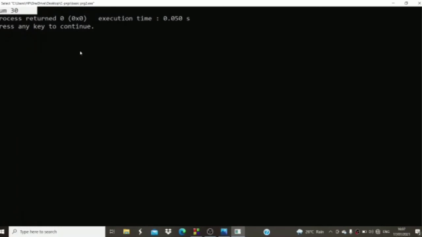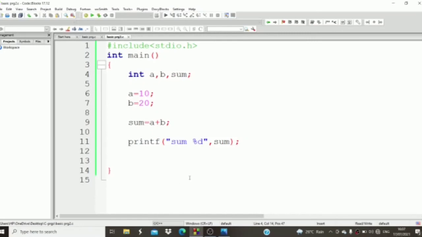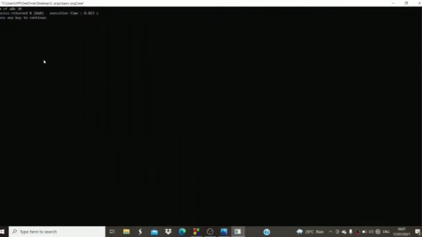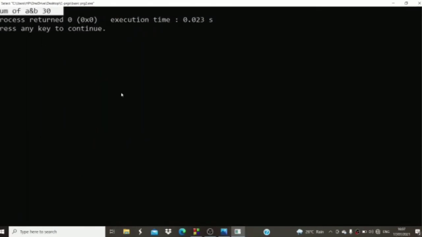I hope you are seeing this: sum is 30, right? Whatever you write here will be displayed, like sum is, or sum of a and b. Let's see how it is displayed. In printf, whatever you write will be displayed automatically.